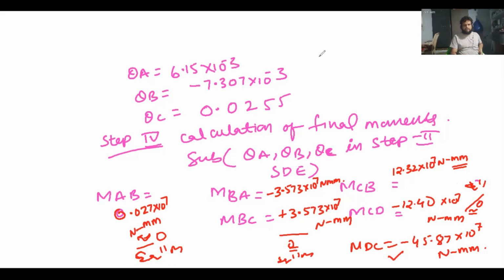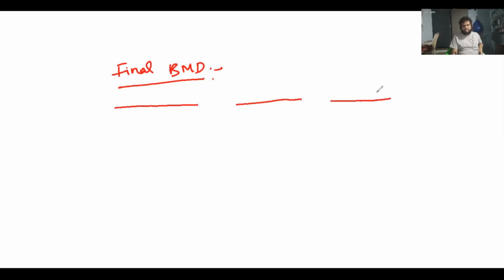Now we will go back to our bending moment diagram. So the final bending moment diagram. Before going to the final bending moment diagram, see these are all free body diagrams. Free body diagram means we have to remove the support and put the reactions, and we have to add the load. Here I'm not interested in adding the load. If you want to calculate shear force, you just add the load and take those support reactions and calculate. Here I'm not drawing the shear force diagram. That is the reason directions are important for me.